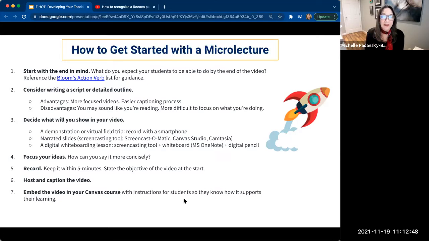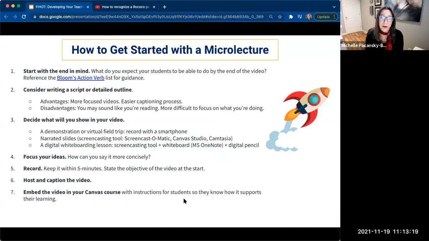Think about writing a script or a detailed outline. When I started, I used scripts, but as I got more comfortable in front of the camera, I didn't like how robotic I sounded. They were helpful because they made captioning a lot easier, but I wanted to seem more natural. So I started moving away from scripts and just being very mindful about having an outline about what it is that I wanted to say. So you need to figure out which works for you based upon where you are right now.